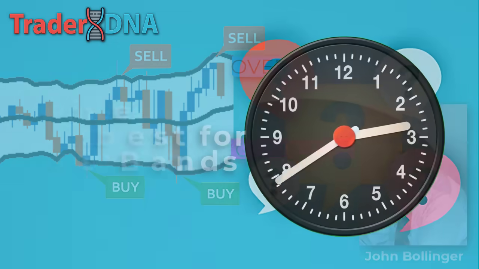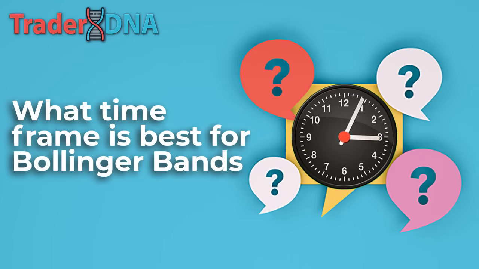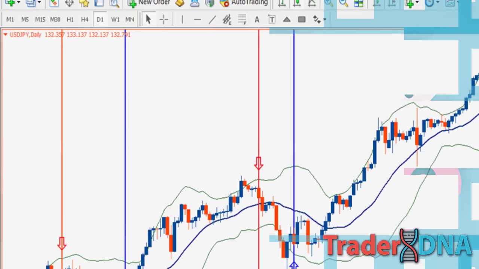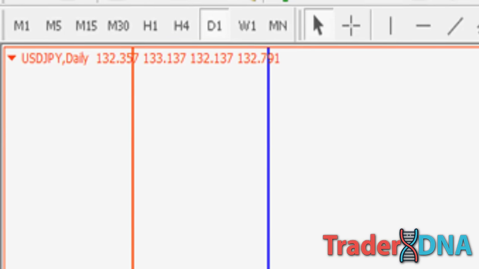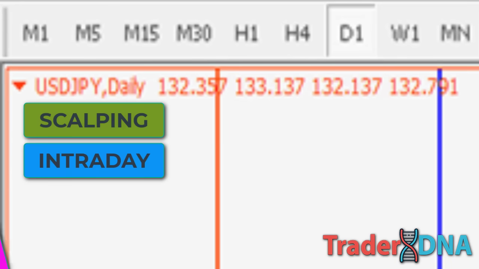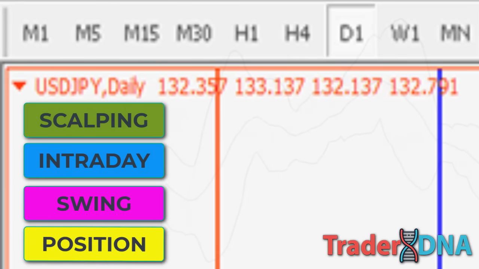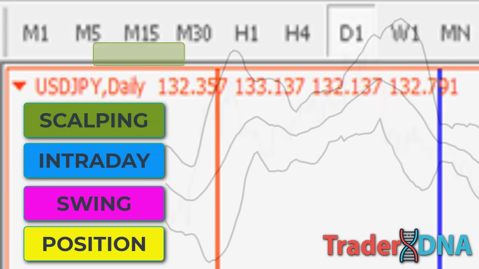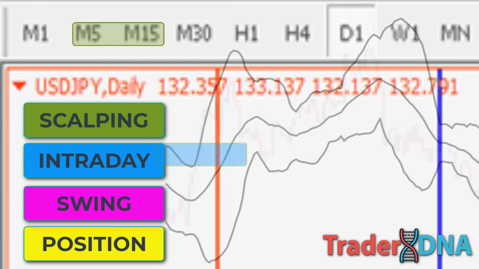What time frame is best for Bollinger Bands? Actually, choosing a time frame is more related to the trading style by each trader. In trading, we are familiar with scalping strategies, intraday trading, swing trading, and position trading. Scalping trading, which is a short-term trade, is more suitable to use the M15 or M5 timeframe for accurate price details. Intraday traders who open orders in a day are more suitable to use the H1 and H4 timeframes to